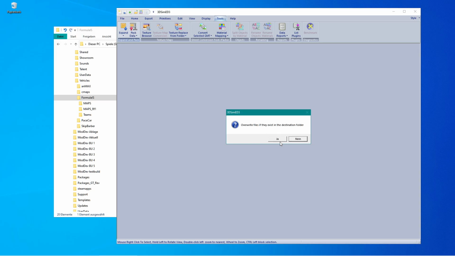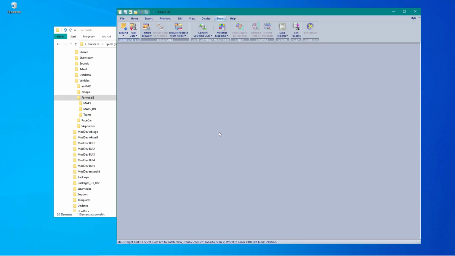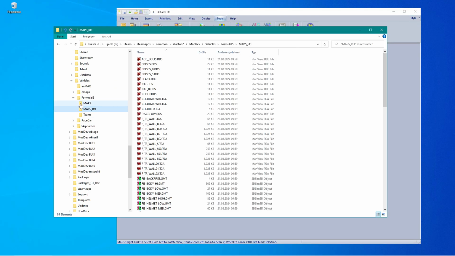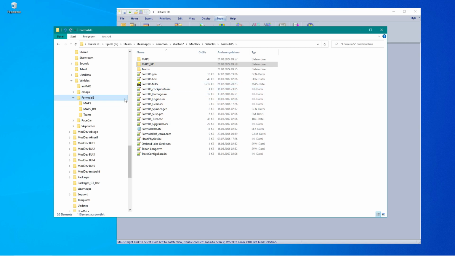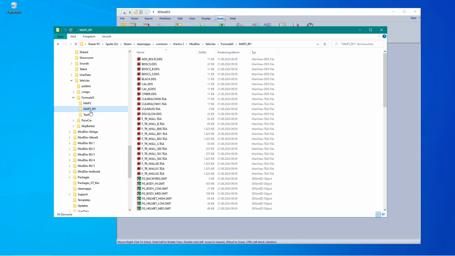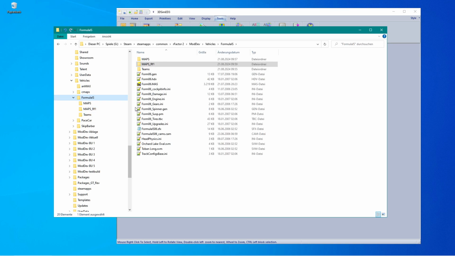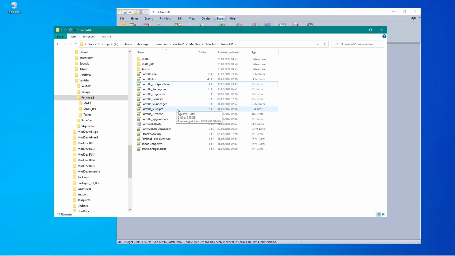Write files, yes. Overwrite, yes. Okay, now all files from the mass file should be in here. Yeah, now they are. Okay, now I also delete this file, and that has a special reason too, because in